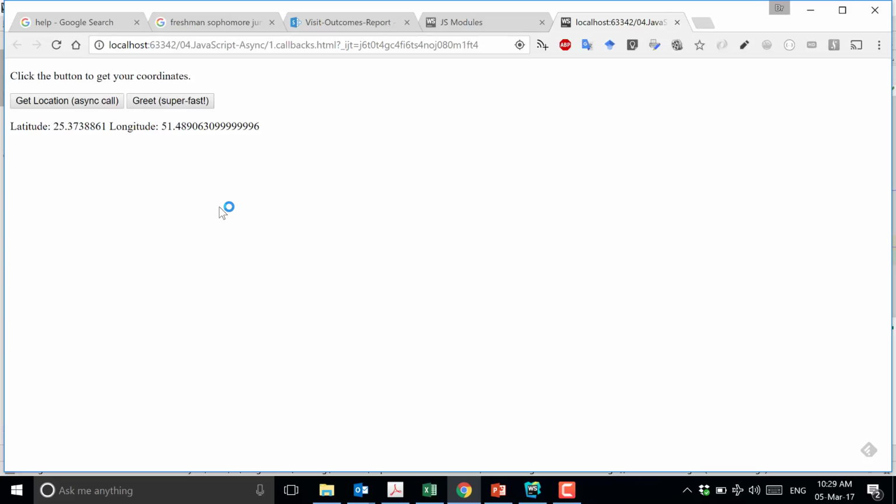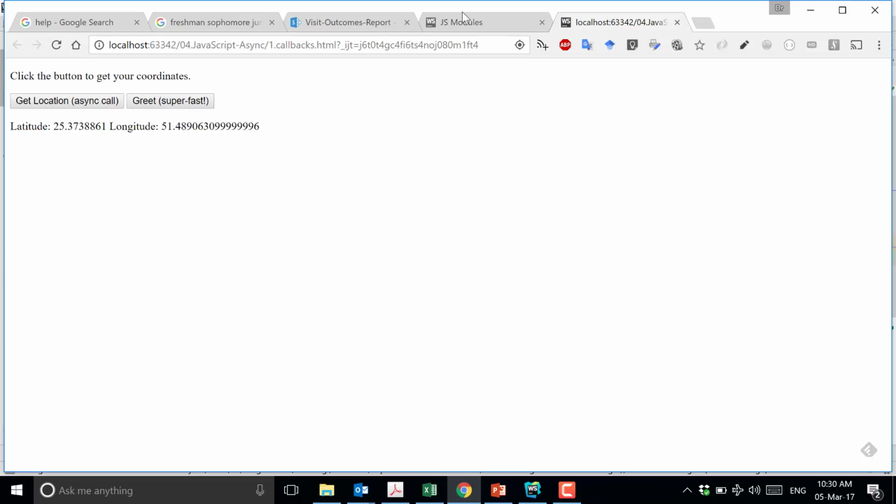Yes? Okay, so for any long-running operation, if you want to call another server, let's say another resource, another page from your page, because this could be a long-running operation, because the page could be on another server in another country. It might take a long time. So you always do it in an asynchronous way. You don't do it in a synchronous way. So now this is on the client side. These examples I'm showing you are on the client side.